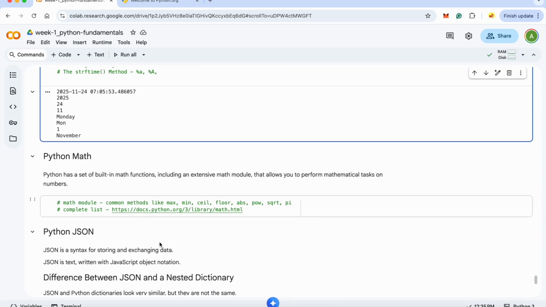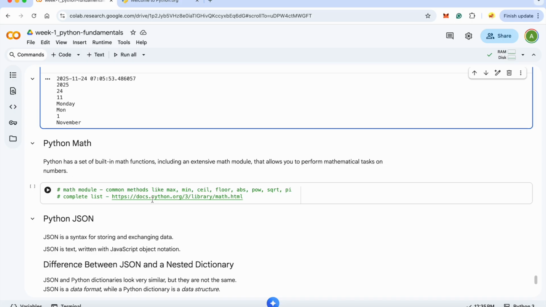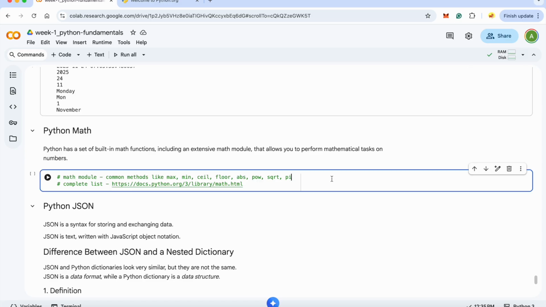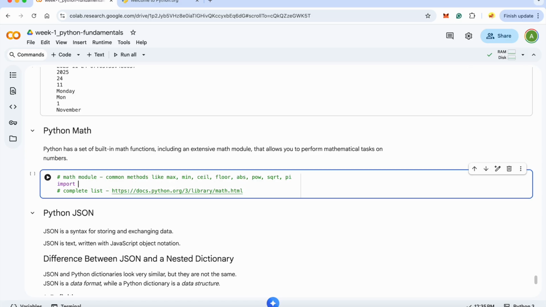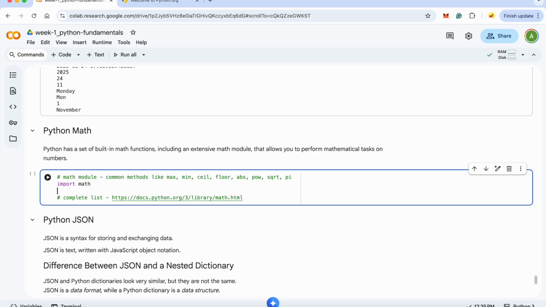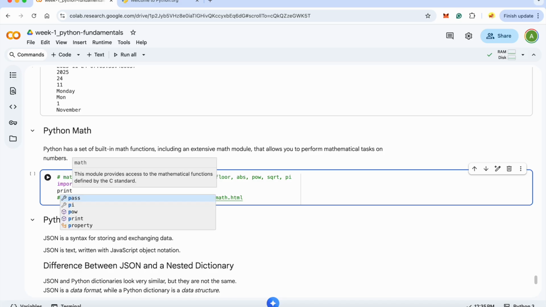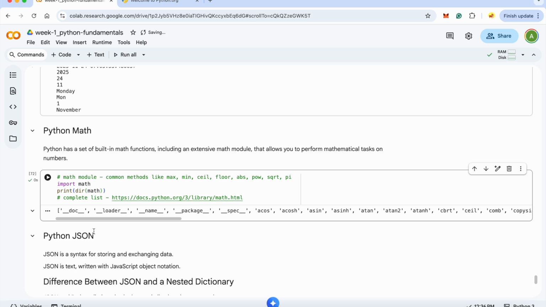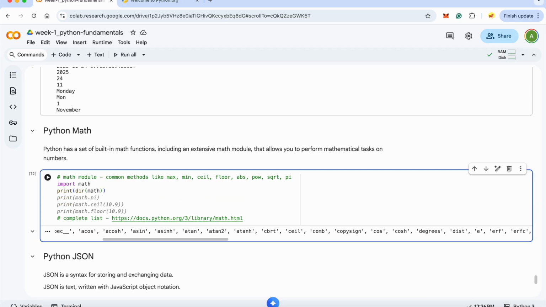Next we have the math module. We have already talked about this module, so we'll quickly go through some common methods that we have. We know how to import it, and we also know how to check what functions are available. We could just call dir on top of math. Once I do it, I'll get all the methods, and they are huge, but the most commonly used methods are